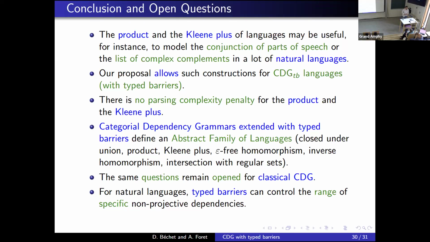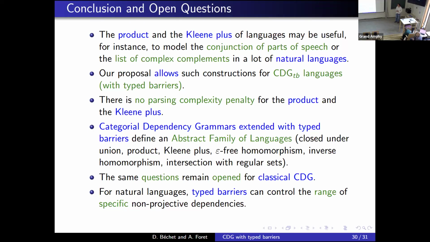So what is an abstract family of languages? It's a class of grammars or languages that are closed under union, product, Kleene plus, epsilon-free homomorphism, inverse homomorphism, and intersection with regular sets.